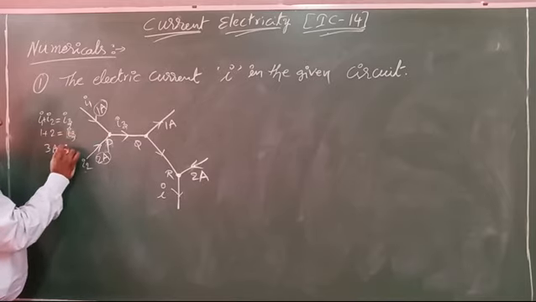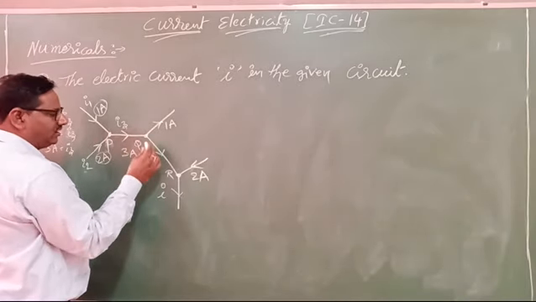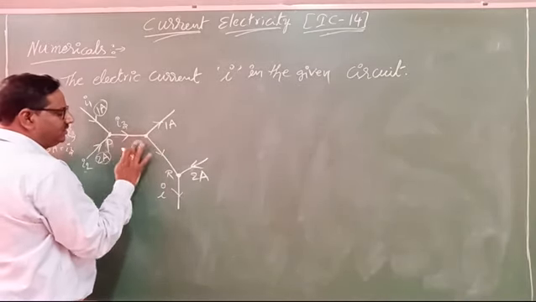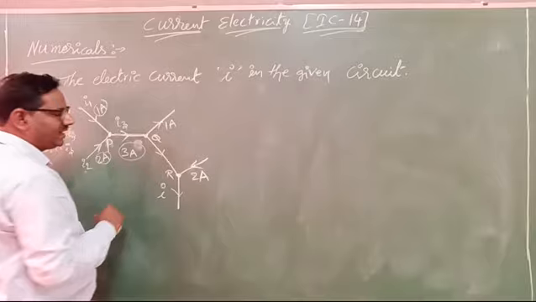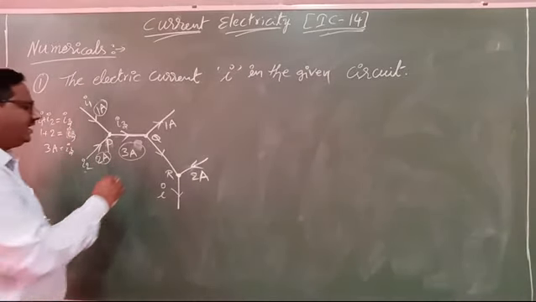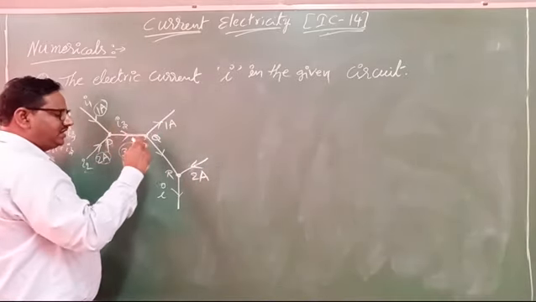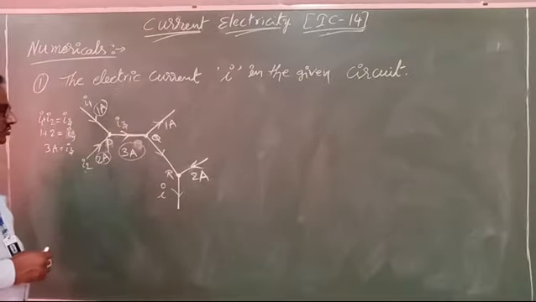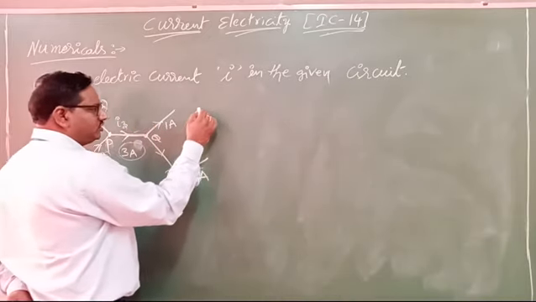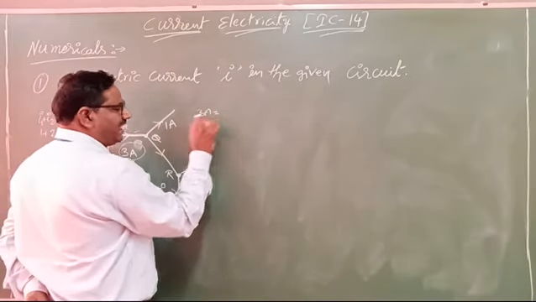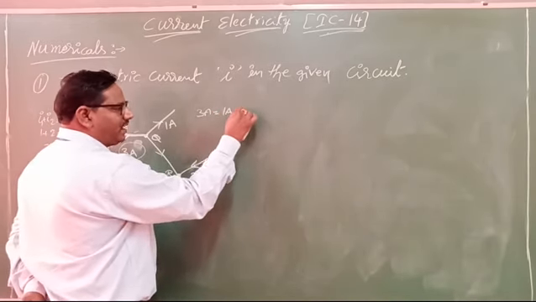So I3 equals how much current? 3 amps. So along this, 3 amps current will pass and reach the Q junction. In the Q junction, which current will enter? 3 ampere current will enter. While it enters the junction Q, some current will leave out. Here one more current will leave out. So total 3 ampere current will enter and 1 ampere will leave out. So I am writing 3 amperes will enter, 1 ampere will leave out, so 1A. The remaining we don't know, x.